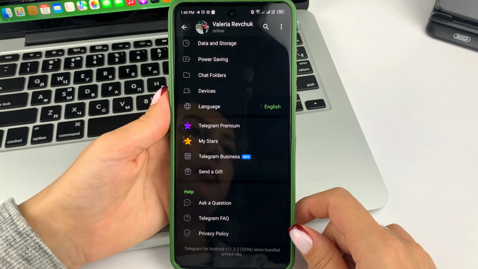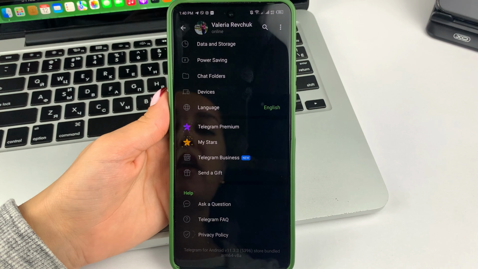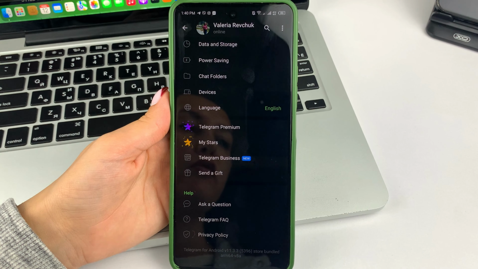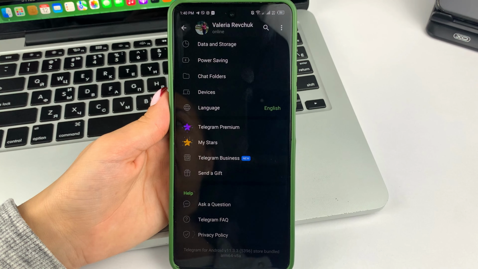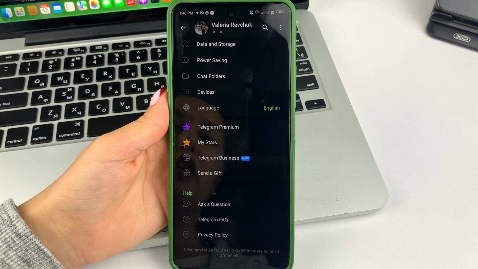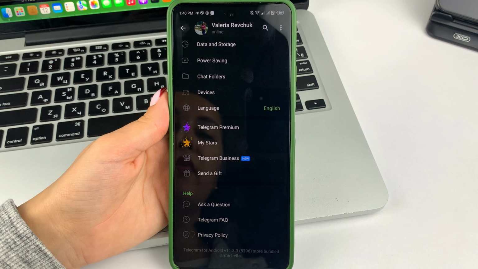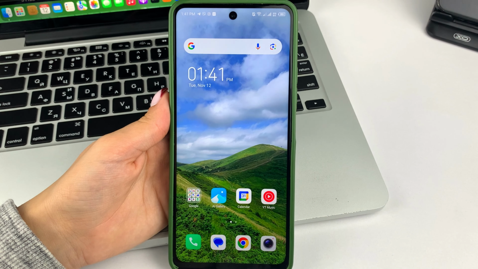So friends, you will allow your Telegram to access your contacts on your device. And then all the contacts from your device will be imported into your Telegram channel. And then you will be prompted to see all the contacts that will probably be added to Telegram. Because the app will find those contacts in the app using mobile numbers and other information from your device. Friends, this is the way you can easily import all your contacts in Telegram app.